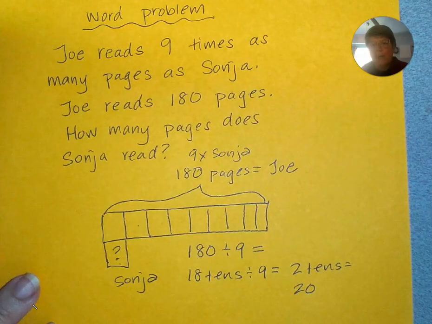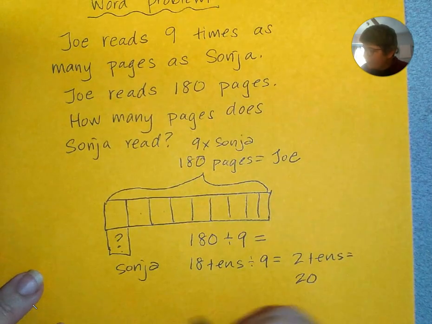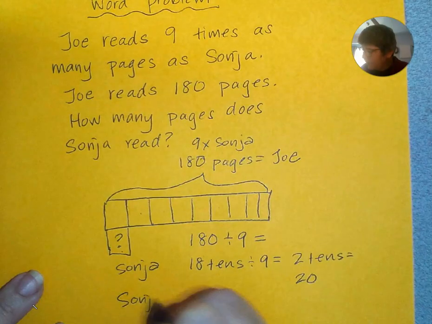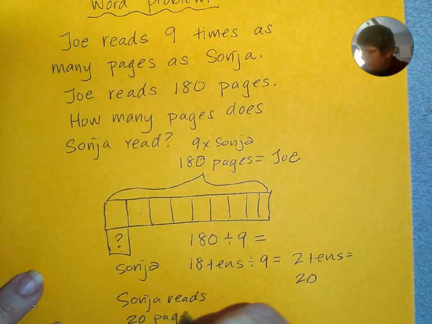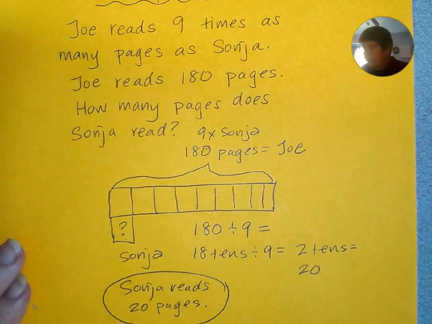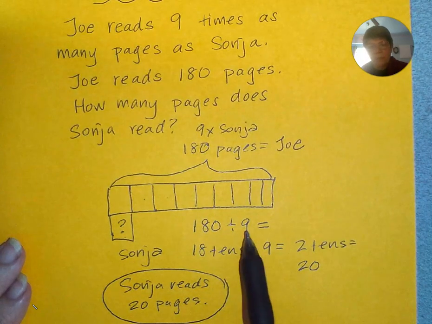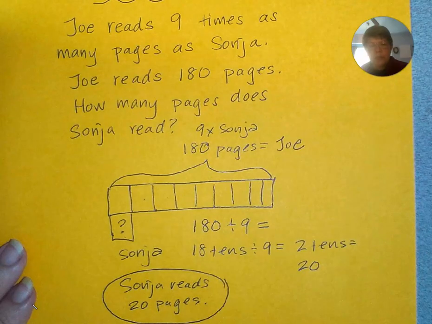All right? A good time to pause me and copy this down. It will be helpful later, believe me. Okay, so Sonia reads 20 pages. All right, so we see how dividing by a single digit, we're dividing 3 digits, 2 digits by 1 digit,